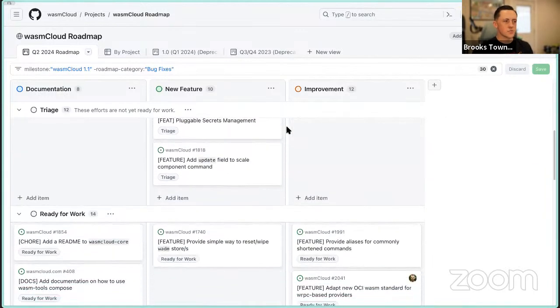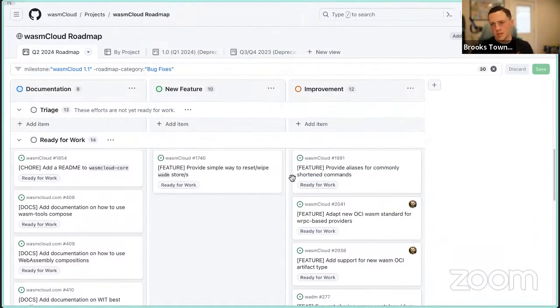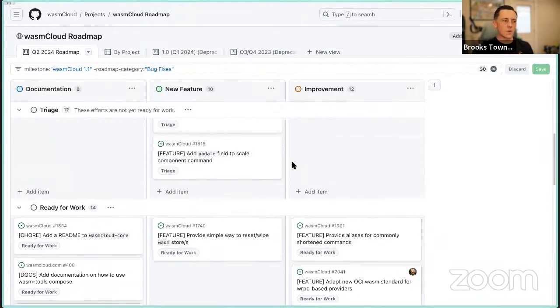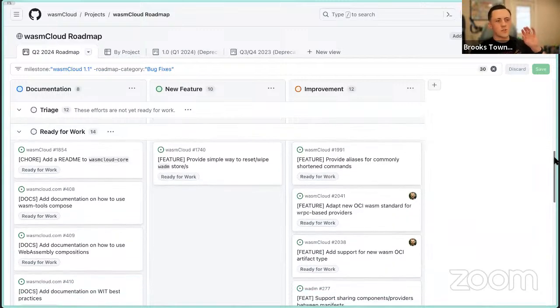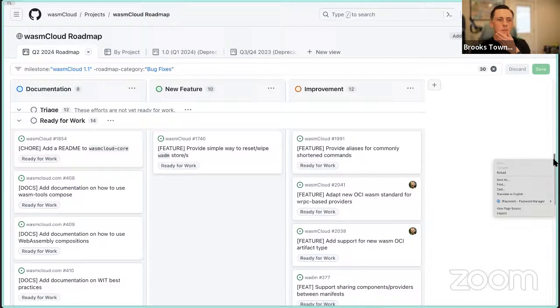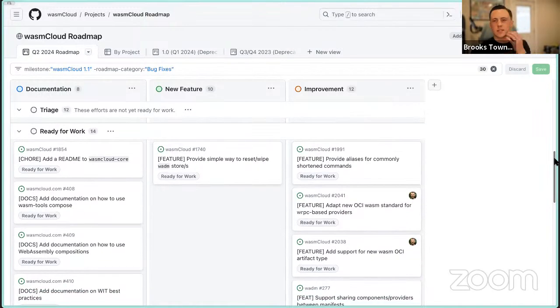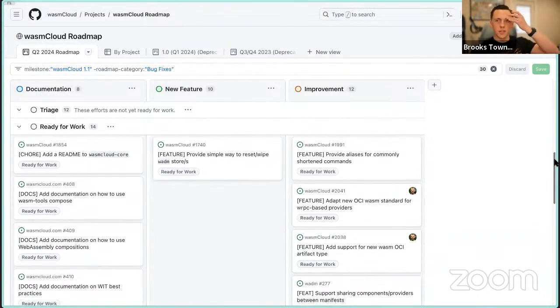I think this is really nice for tracking, but I'm not really sure how nice it is to look at for a long time. But I think we'll get to figure out how that works. So you can essentially scroll down this page and see what we need to add more information to, what's ready for work. And I think as a community member, if you're looking to contribute to something that's pretty high value and on the roadmap, something in this ready for work section with a good first issue label is a perfect